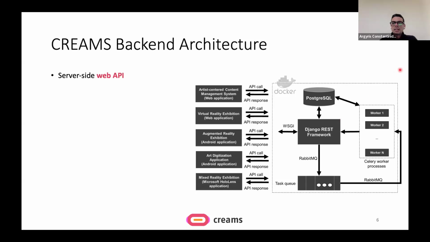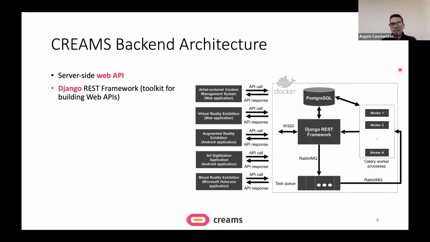On the backend, the implementation includes a server-side web application programming interface and different types of tools and technologies that serve a specific purpose in order to have a working and efficient solution. So I will here outline the technologies, and in the next slides, we will go into a bit more detail about the purpose of each one.